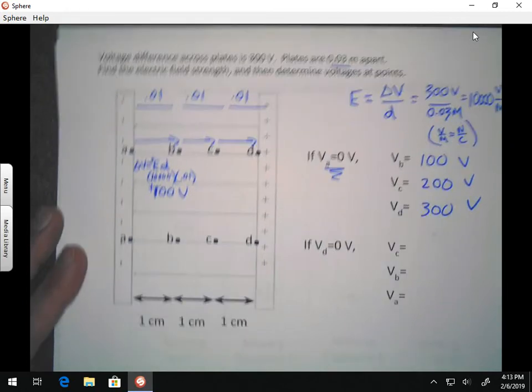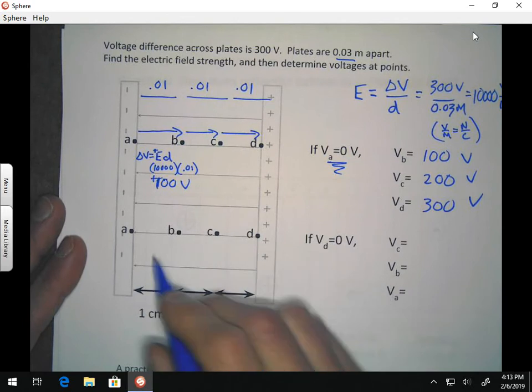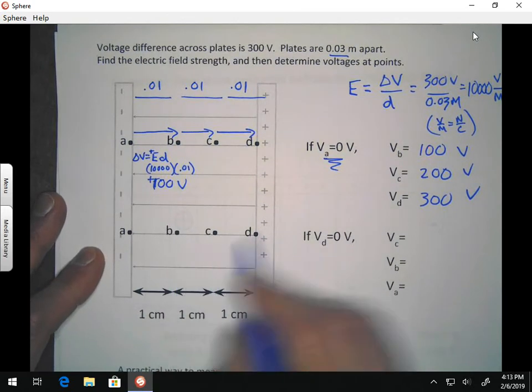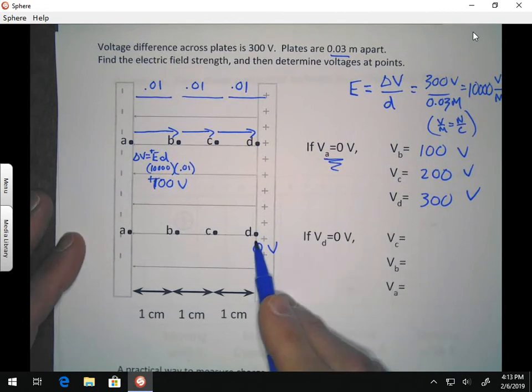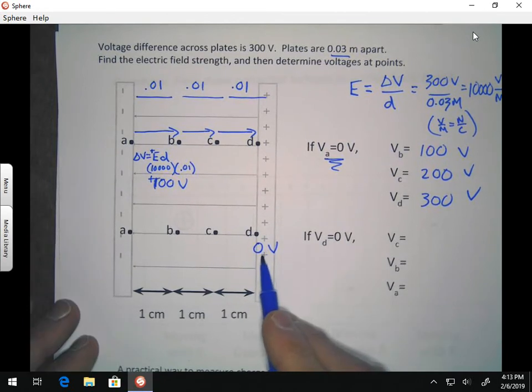Sometimes you'll talk about, this may seem a little bit strange, but it may also be possible to say, what if we define one of these other plates, what if we make this side 0 volts? And you might wonder how that's possible, but voltage is kind of funny. It's just a reference point. It's completely arbitrary. So instead of making